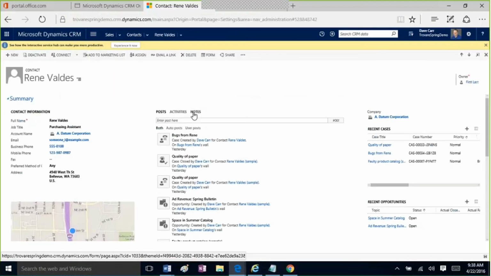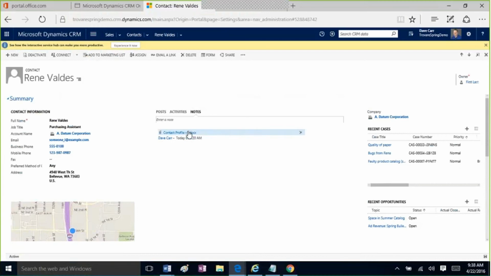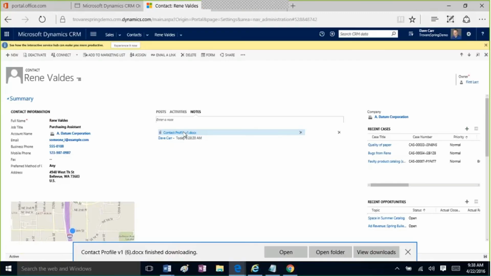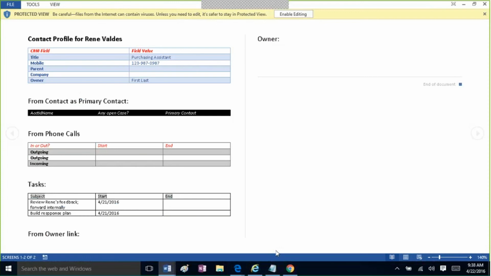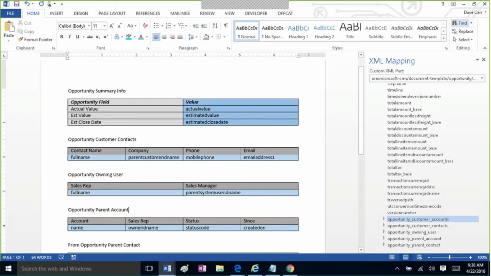And I can show you that in the notes section, there's this contact profile document. Click on that to open it, and here's the document we created. So we've got all of Renee's phone calls and tasks and information about her system from her CRM record. Okay, I do apologize I wasn't able to show you the full walkthrough, but again, the process is you go